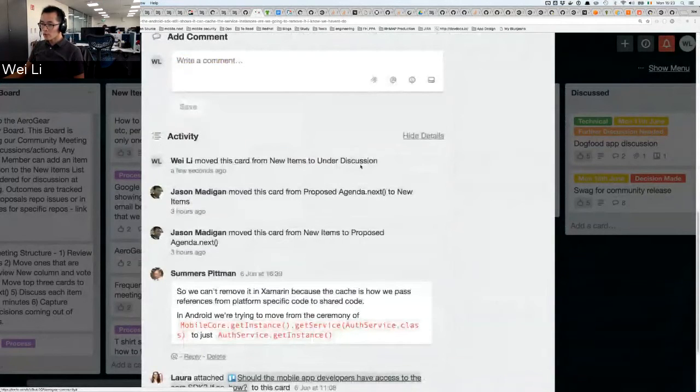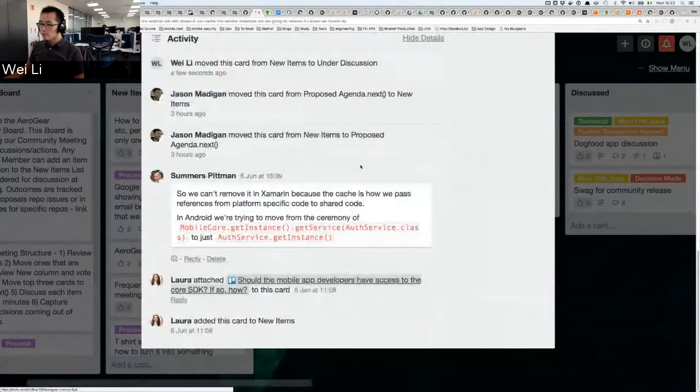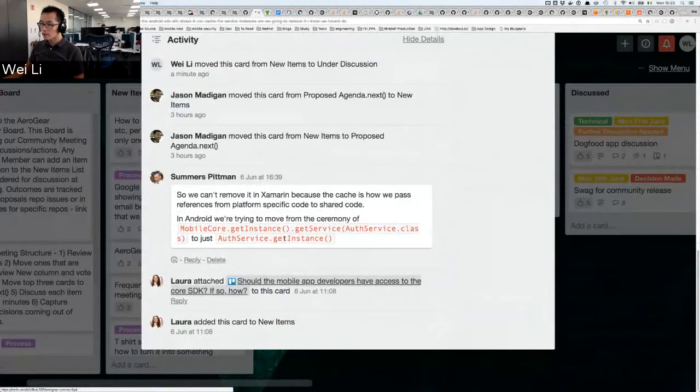There's already a few comments from Summers. So Summers said we can't remove it in Xamarin because the cache is how we pass references from platform-specific code to shared code, to just use the service's get instance.